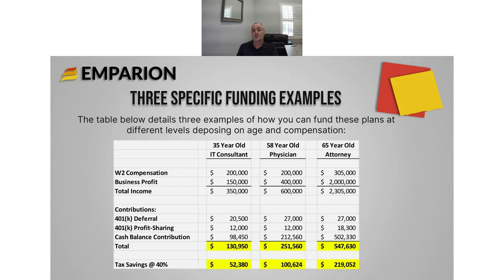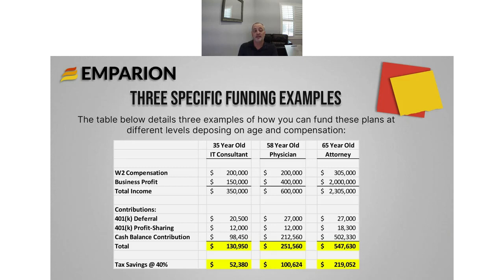Cash balance plan contribution of just over $98,000. Total retirement, $130,000 with a 40% tax savings of $52,000. I mean, you can see on $350,000 in income, clients getting whatever the math is, 35-40% into retirement. Not a bad deal. Next example, a little bit older physician, 58 years old, same W-2, 200, business profit of